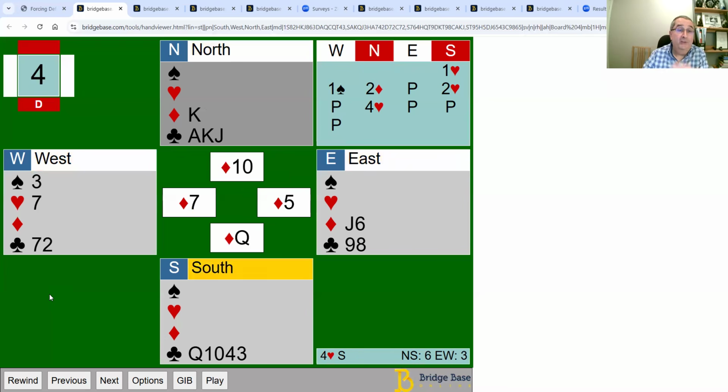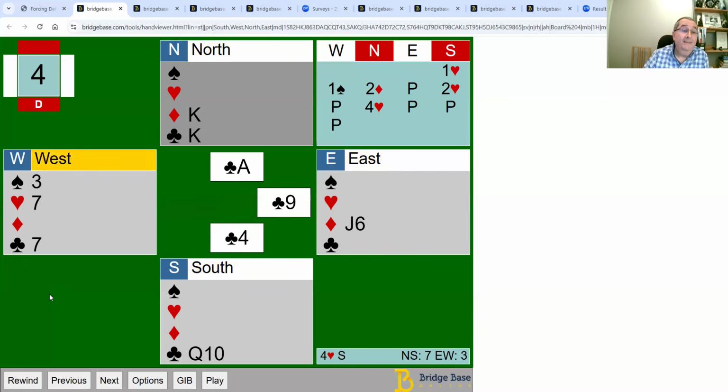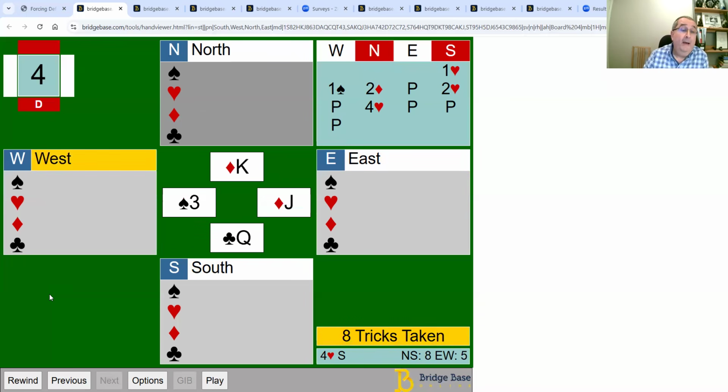You might try the ace and queen of diamonds. You might try some clubs. But at some point, you're going to lead something, and West is going to be able to ruff with their last trump. And in this layout, they can actually also cash a spade and take 8 tricks, hold you to